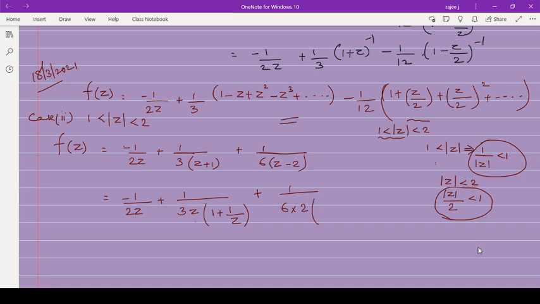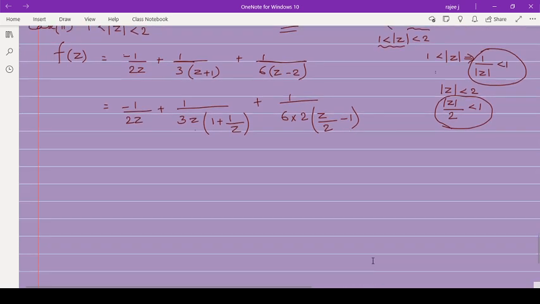So 2 into, then here it is z by 2. Dividing by 2, so that is 2 is taken outside. So it is z by 2 minus 1. Now z by 2, why is it z by 2? Because z by 2 is less than 1. Whatever is less than 1, we need to convert z in terms of that. Okay, so then